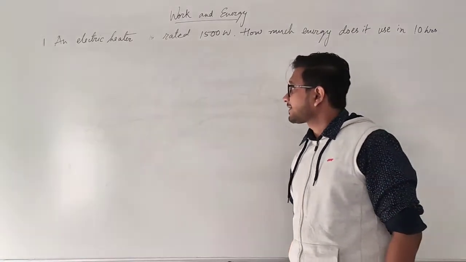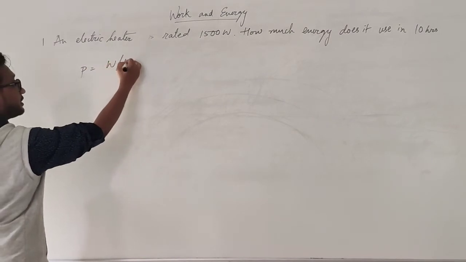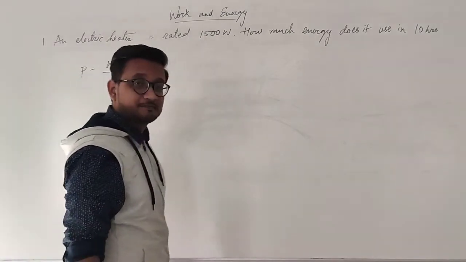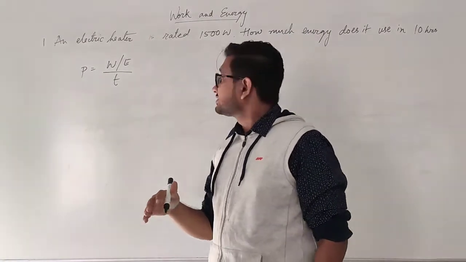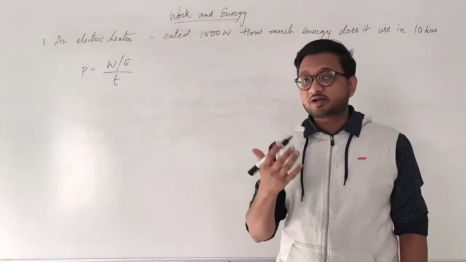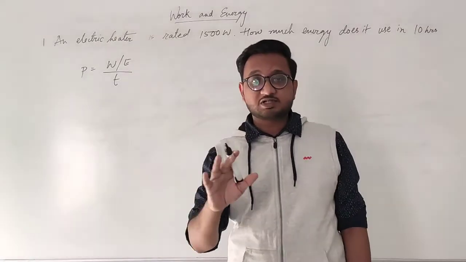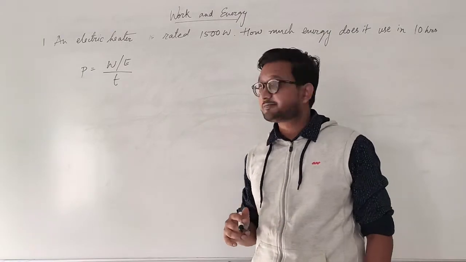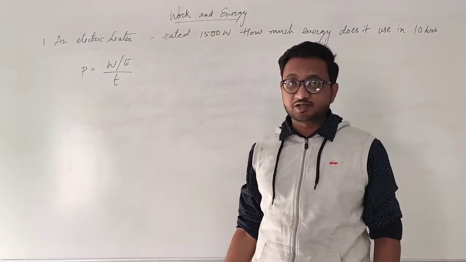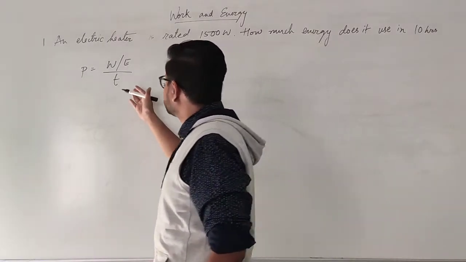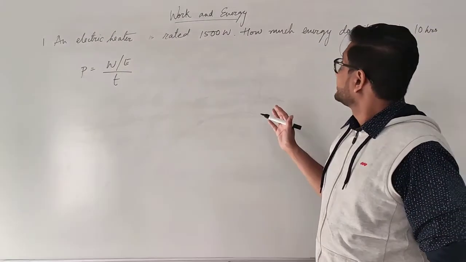So if you remember, the formula for power is equal to work done or energy consumed in a certain amount of time. So if you are doing a certain amount of work or consuming a certain amount of energy, then you are given a power rate according to the time you have taken to do that work or consume that energy. But in this case we have been given the power and we are asked to find the energy. Okay? So simple, all you need to do is substitute the values of power and time given and find the energy consumed.